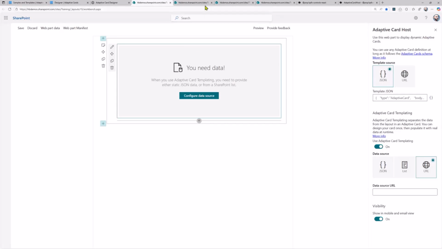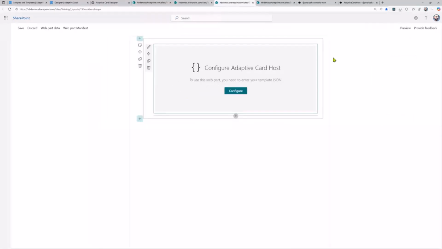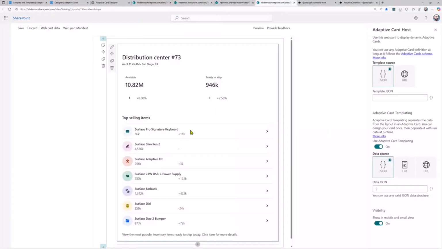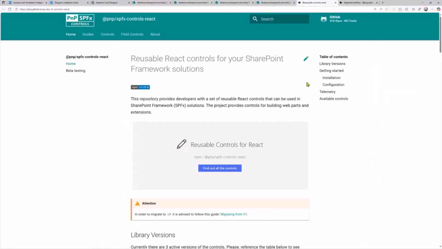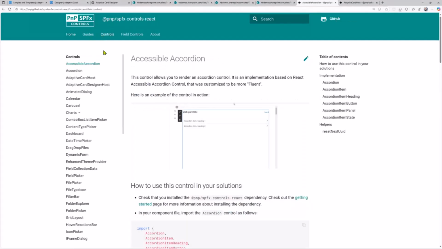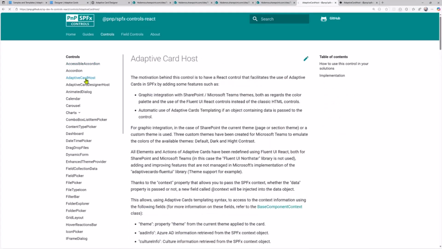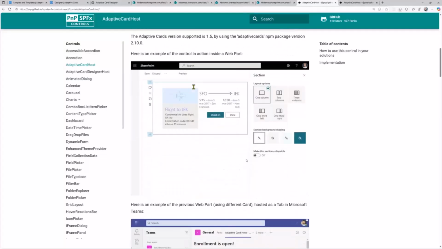So let's actually move on here because I don't want to run out of time. But these are examples here of other examples that I copied and pasted. In the SPFx PnP SPFx controls React library, we actually have a series of controls. And one of these cool controls is the adaptive card host. So the code that I built